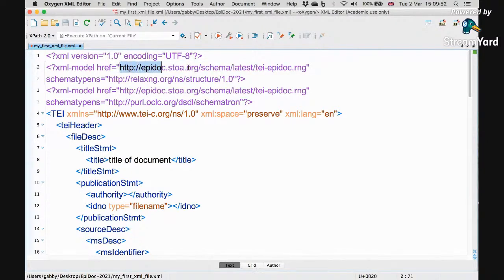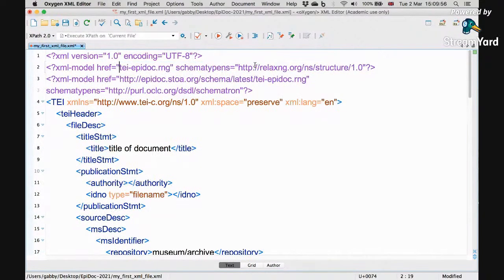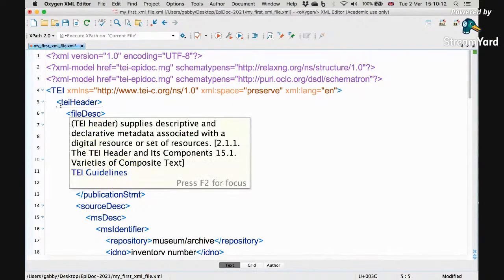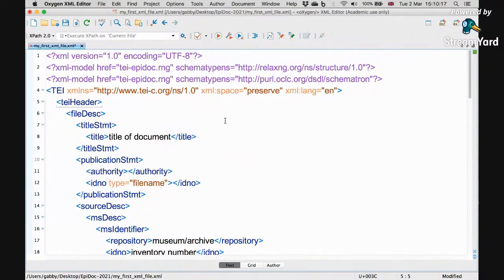So what I'm going to do is remove the URL from there and just leave the file name of the schema, because I've put the schema in the same folder as the XML file. Just the file name is enough for it to find the schema, and you have to do it twice because it's using the schema in 2 different ways, which you don't need to worry about. But you do need to make sure that both references to the schema are file name only. Okay, so having done that,